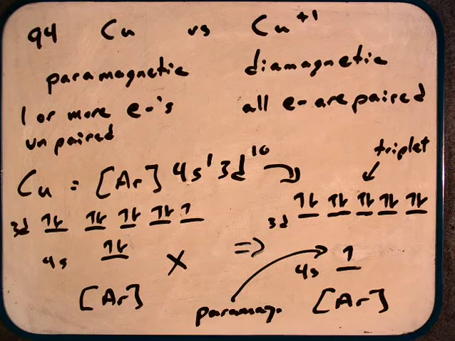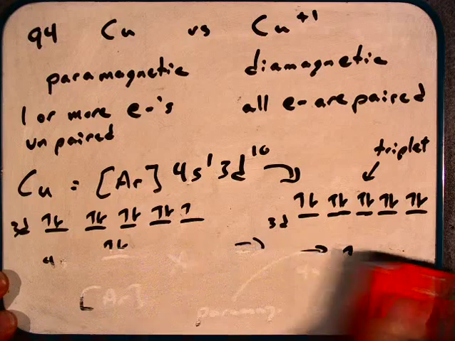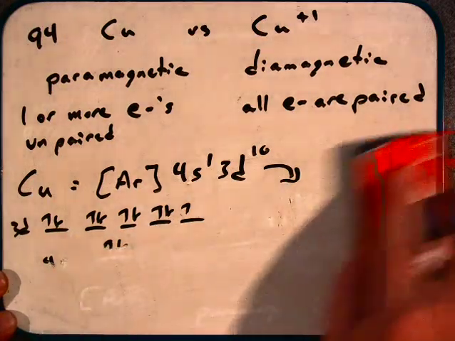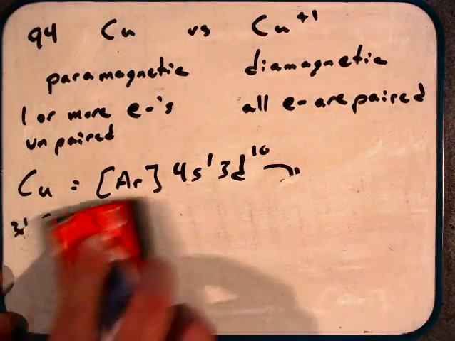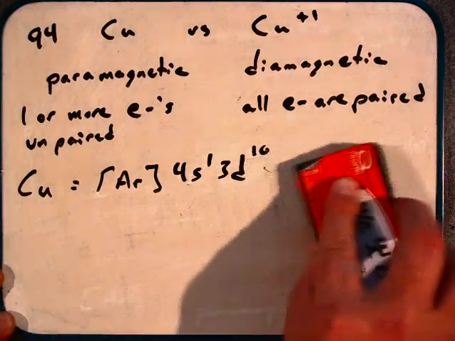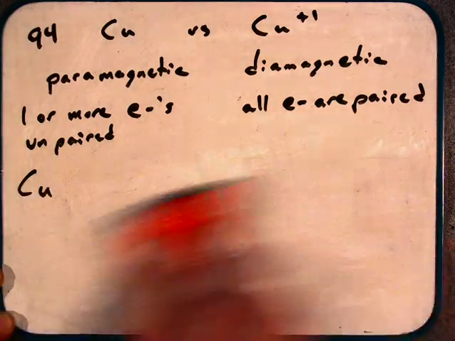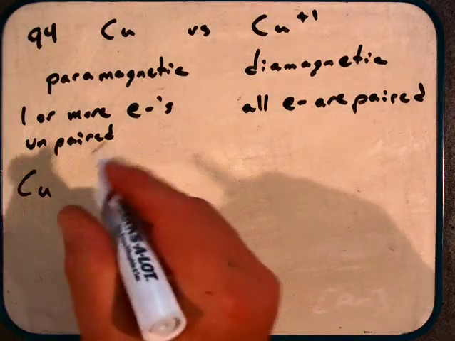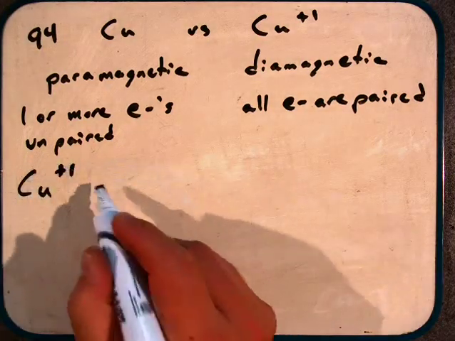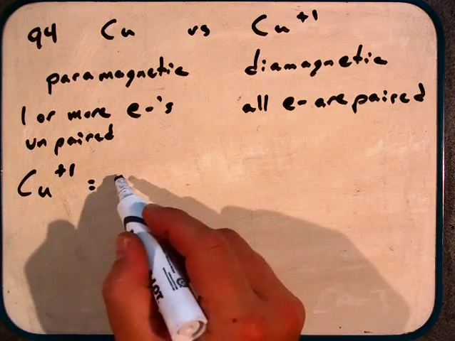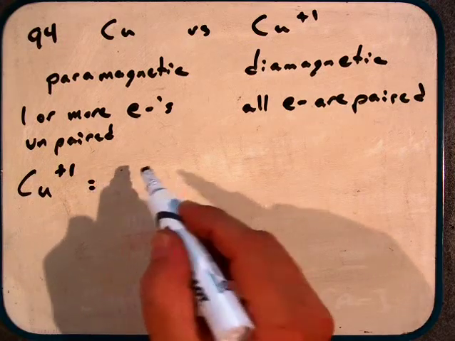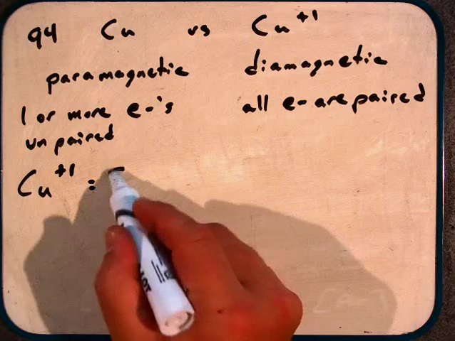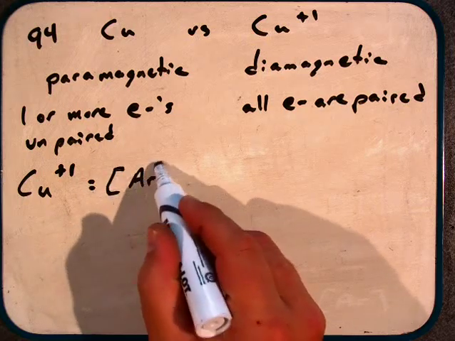So that explains why copper is paramagnetic, because it has that 1 unpaired electron. Now let's look at copper plus 1. And we could go through the same argument, but remember that we're really starting with copper, which would have, again,